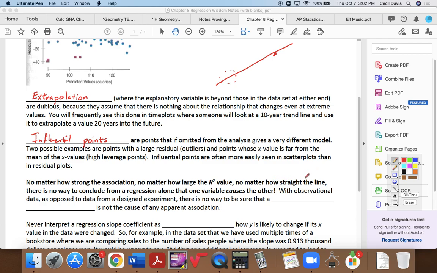Going on with observational data as opposed to data from a designed experiment, there's no way to be sure that a lurking variable